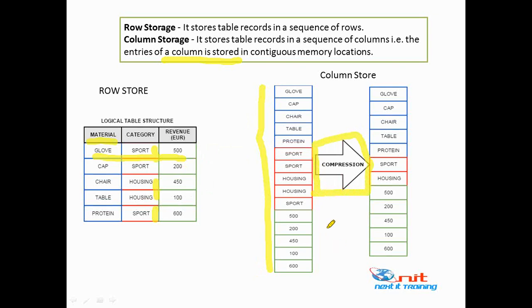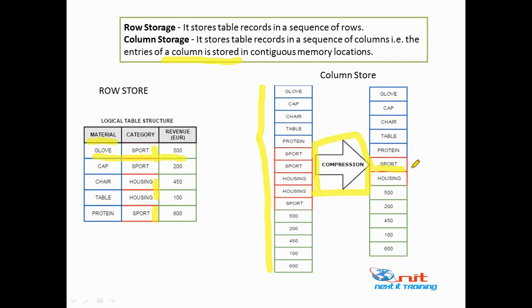Okay, so what it will do is, if you see the sport here, it was repeated how many times? 3 times. So instead of 3 times the same value, it stores the data in column store and compresses it into a single value. Why I'm saying this is, you have seen across multiple tables in our regular ABAP, right? For example, there is a field called country. If you go for a big table, a huge data table, like BSEG or any billing tables,